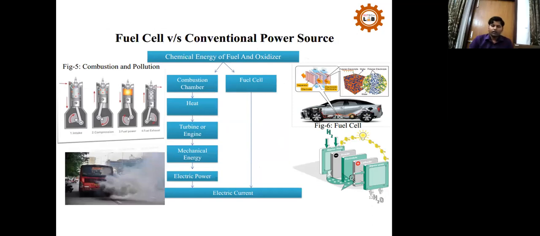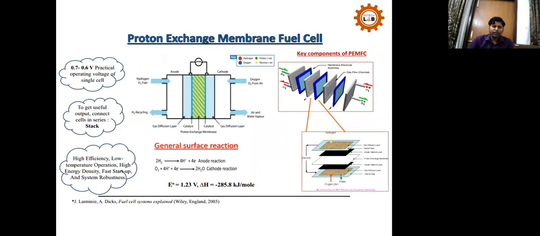In fuel cells, we mainly use the proton exchange membrane fuel cell. Proton exchange means H plus exchange takes place. I will not go into details. Just see what is inside a fuel cell: we have an anode, a cathode, and different layers, like the gas diffusion layer and catalyst, through which we circulate hydrogen as fuel. I will not go deep into this.